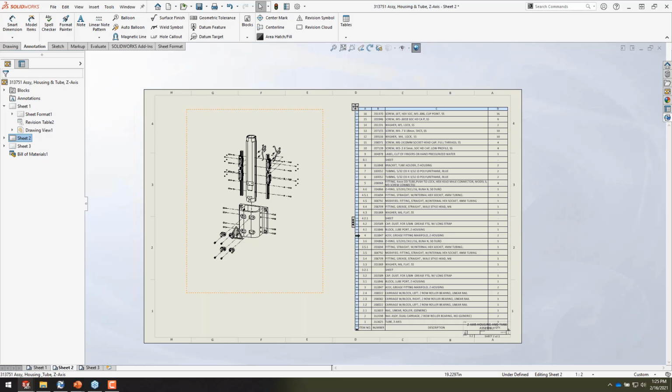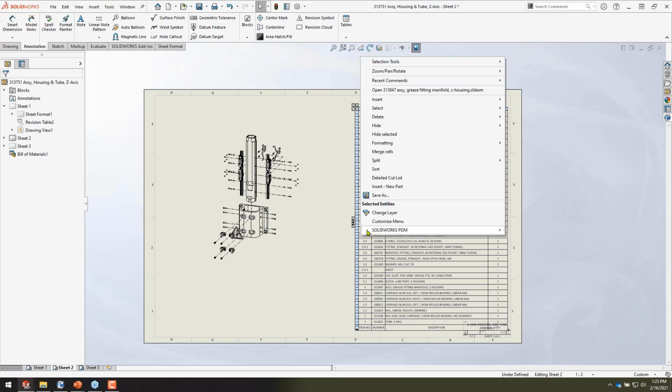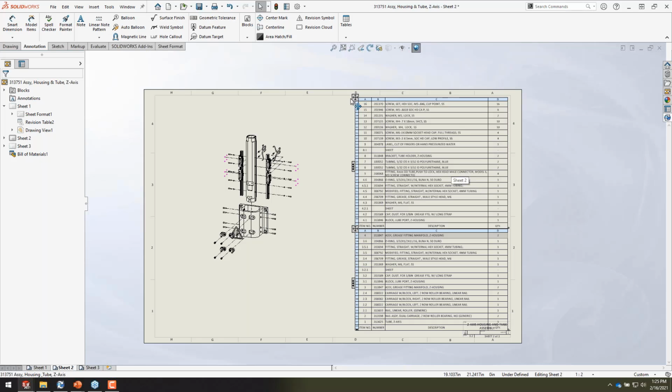And so one of the things that SOLIDWORKS allows us to do is if we click on a row here, right click where we want to take this apart, we can actually split a bill of materials and we can tell it to do it automatically, above or below, or vertically right, depending on what you're trying to accomplish. So on this particular one, I'm going to say, let's split this horizontally above, and now I get